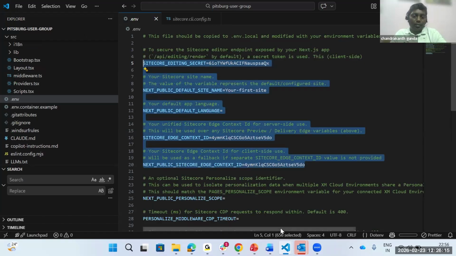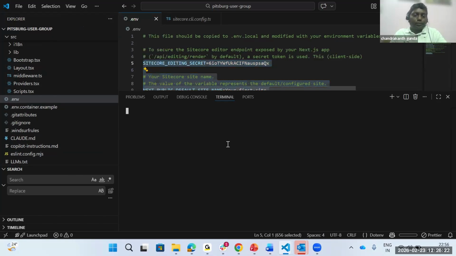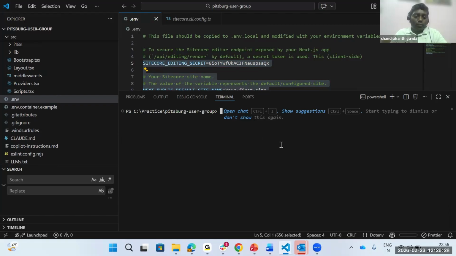Currently I created this project. Let's try running this one. So while creating this, I don't need anything to authenticate in my XM Cloud, right? Correct, that's correct. So if I run npm run dev,